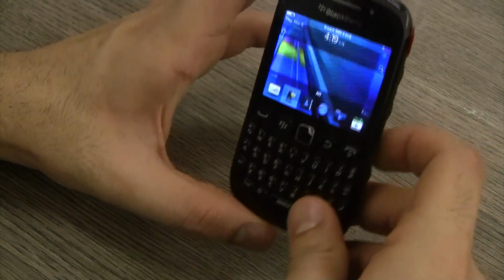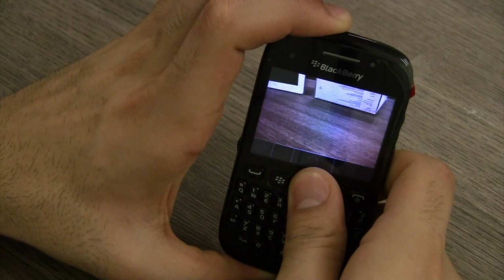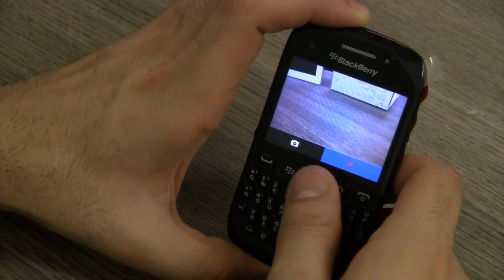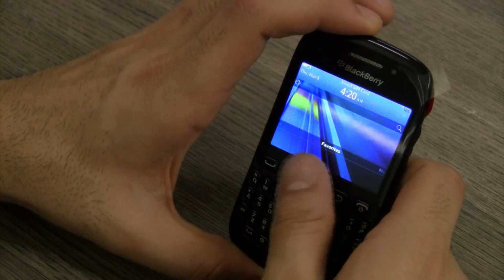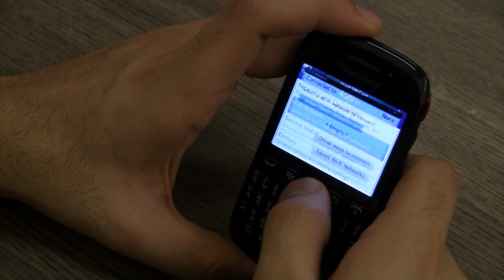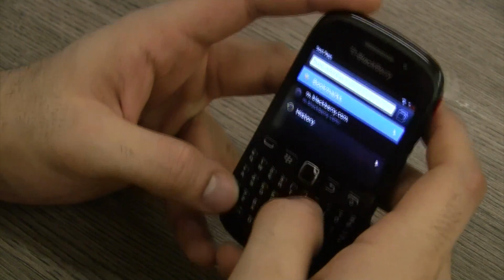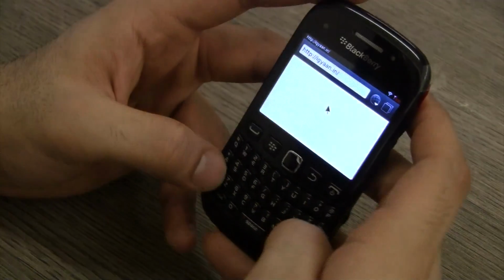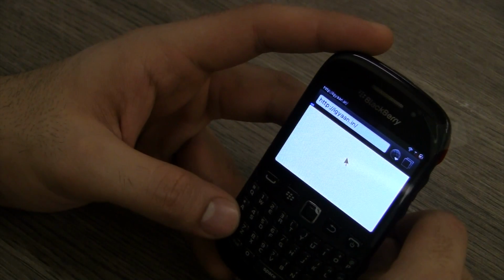I just want to look at the camera as well. So once you pull out the camera, it looks like a pretty decent camera, and you can quickly take a picture, and the device overall seems pretty responsive. Let's see if I can connect it to Wi-Fi right now and open up the website. If I can load up iGyaan.in really quickly, this will also give me a good indication of whether or not our website is BlackBerry friendly,